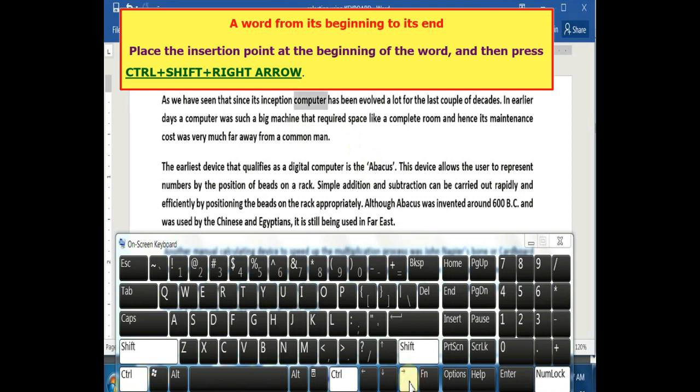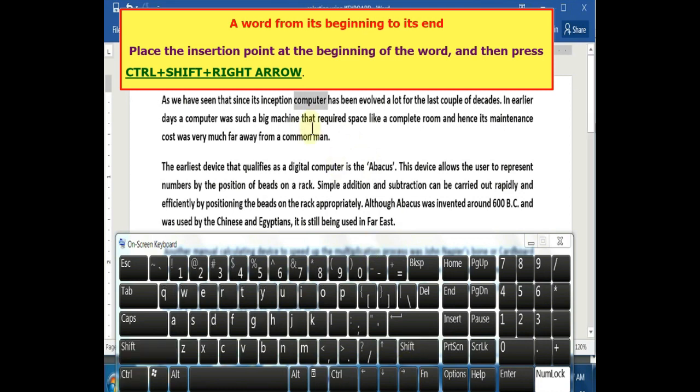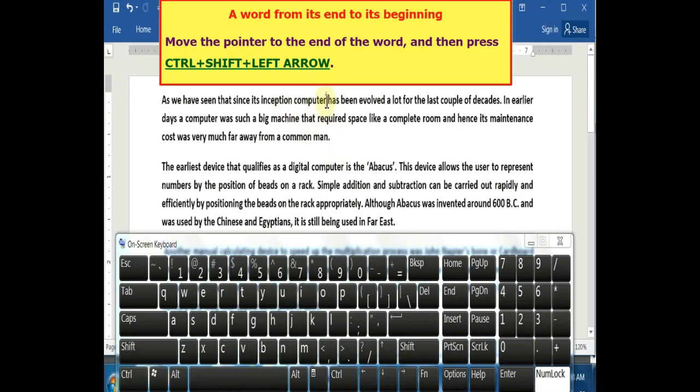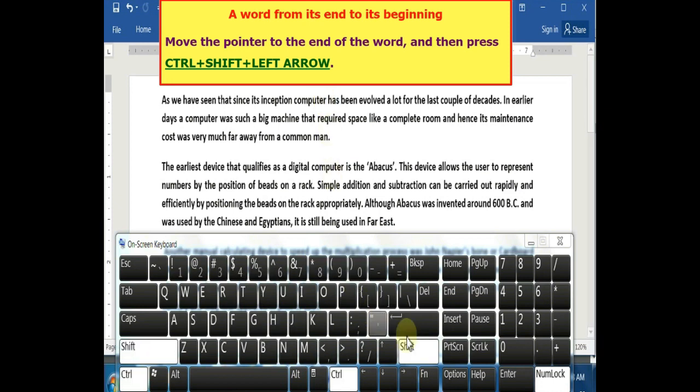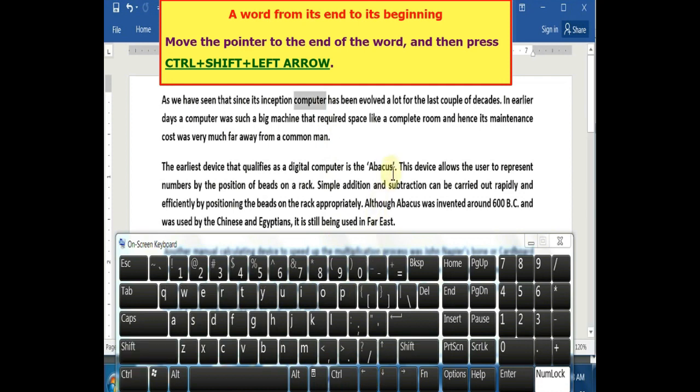And if I want to select the word from its end to its beginning, I have to place the cursor at the end of the word, and then press on my keyboard Ctrl plus Shift plus left arrow. I have to press all these keys at the same time. You can see that. Okay.